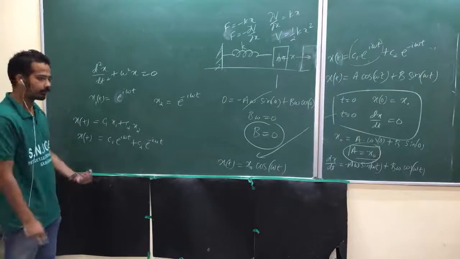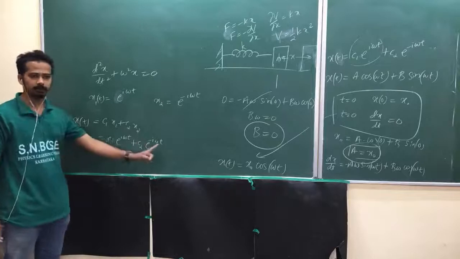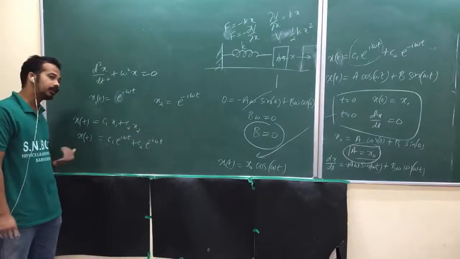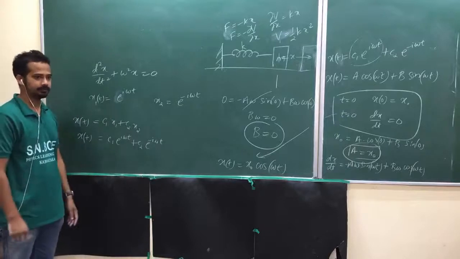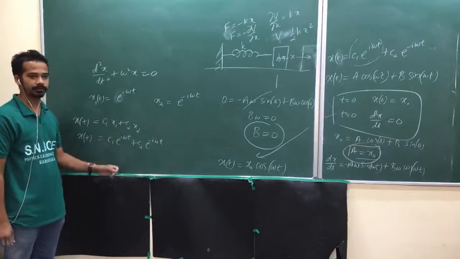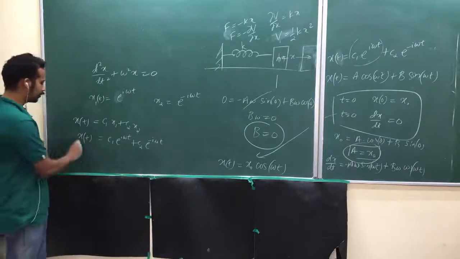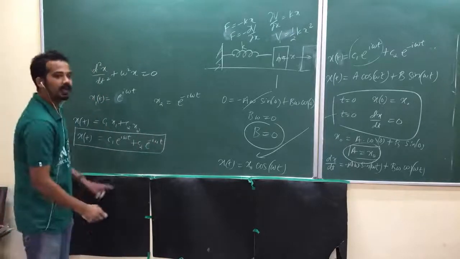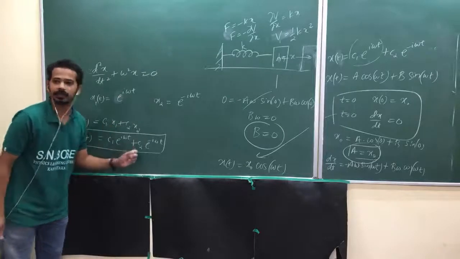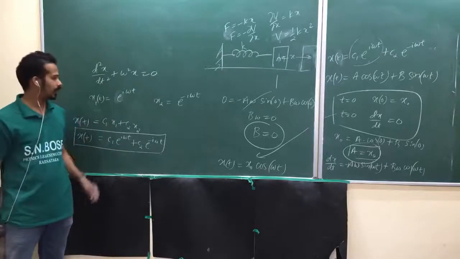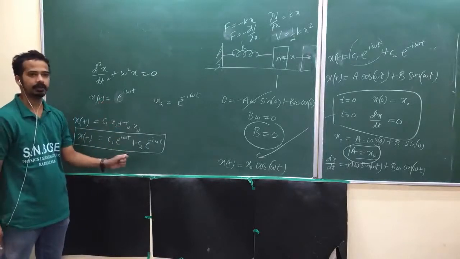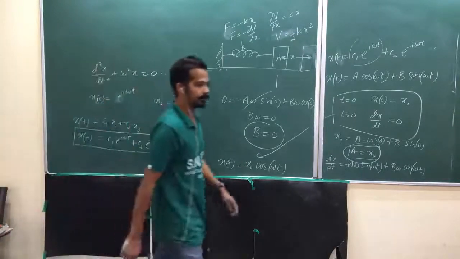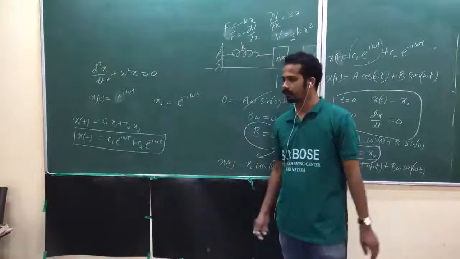Take the first derivative, what would happen? i omega will come out, minus i omega will come out. Take one more derivative, you will get minus omega square outside, and you will get the same equation. Can you check it out? This is also a solution, and mathematically we have written this one directly. We have written this as the most general solution. Is that okay? Just remember, because I need that in the case of the Schrodinger equation.